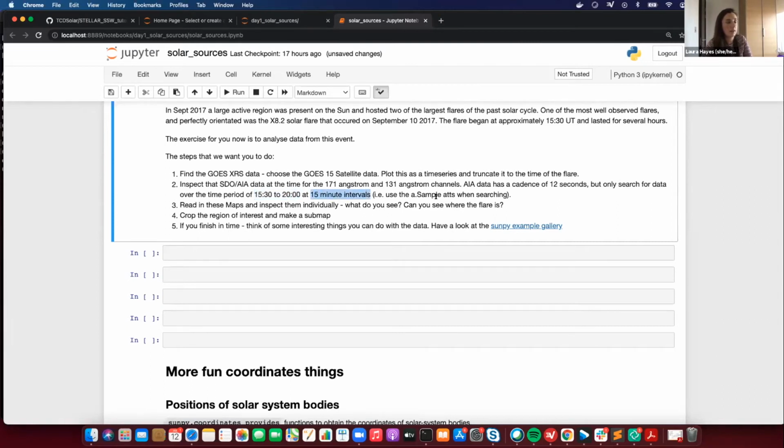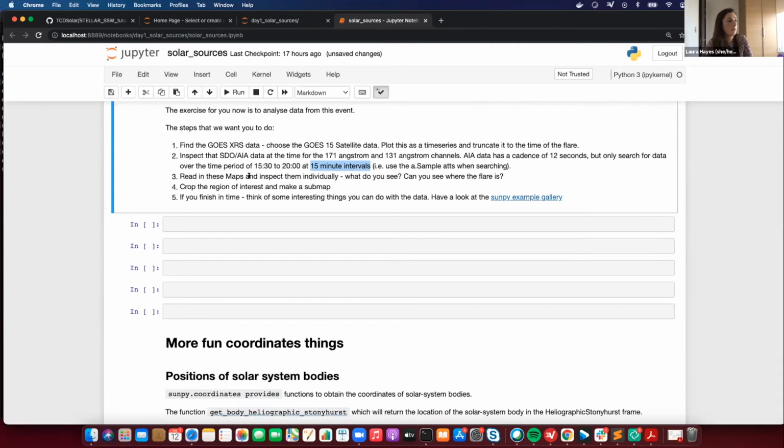So use the a.Sample. You want to read in these maps and have a little look at them. Can you see where the flare is? Try to make a submap of that flare. And then once you have that and you've played around with this, what I want you to do